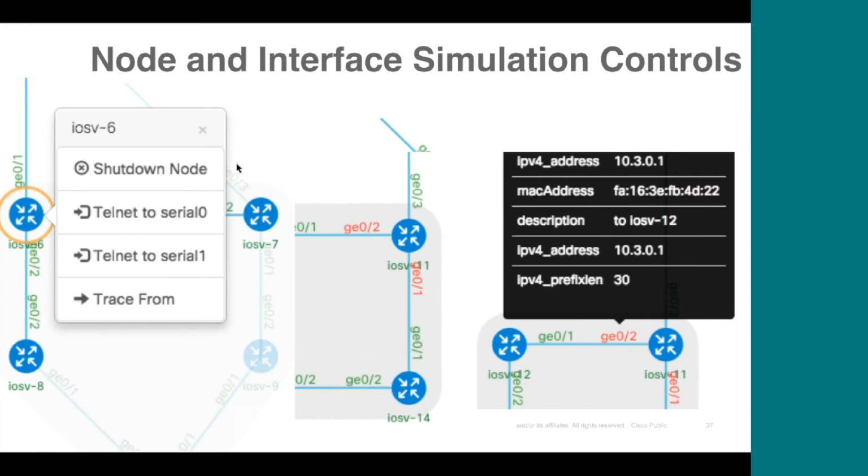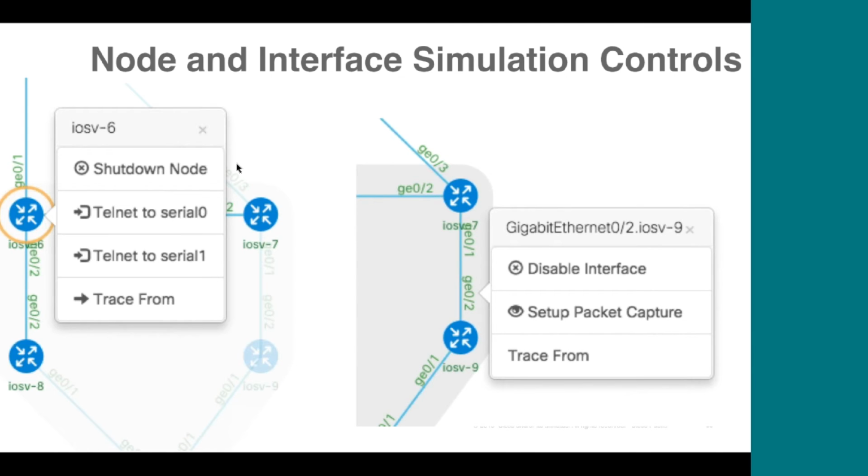So in terms of bringing interfaces up and down, you've got the context-sensitive menu. So when you click on a node, you'll get this menu here. The first entry is shut down node. If you click that, it will ask to confirm it because it is a reasonably time-consuming operation. Send that through to the simulation engine, asking it to shut it down. And then once it starts shutting down, we'll see its color changing. So that will change to red.